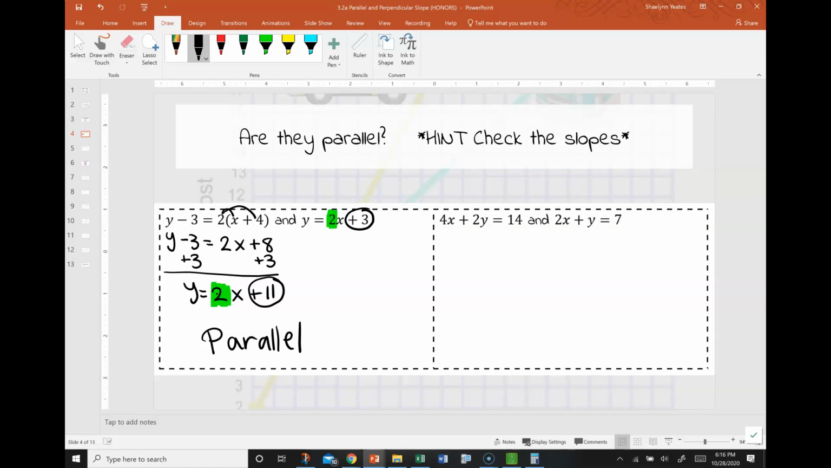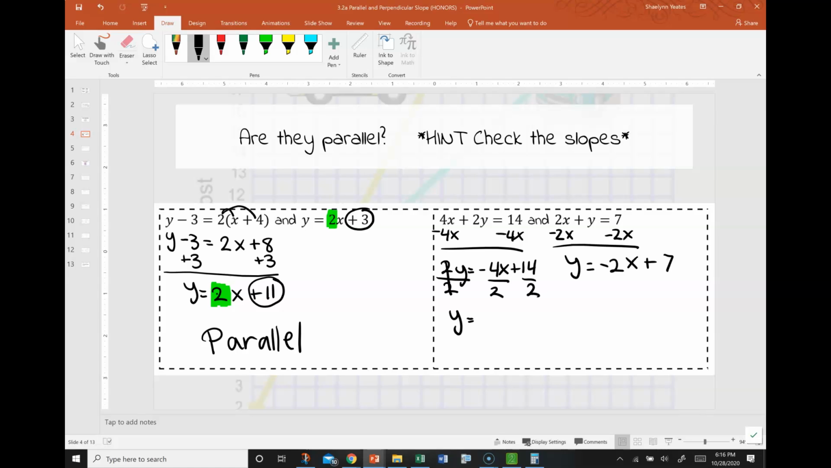All right, on this next one, neither one of our equations are solved for y, so we have to solve them for y. So we're going to subtract 2x from both sides for this first one, and we get y equals negative 2x plus 7. Then over here, we have to subtract 4x from both sides, and I get 2y equals negative 4x plus 14. Then we'll divide every single piece by the number 2. And I get y equals negative 2x, struggle is real,